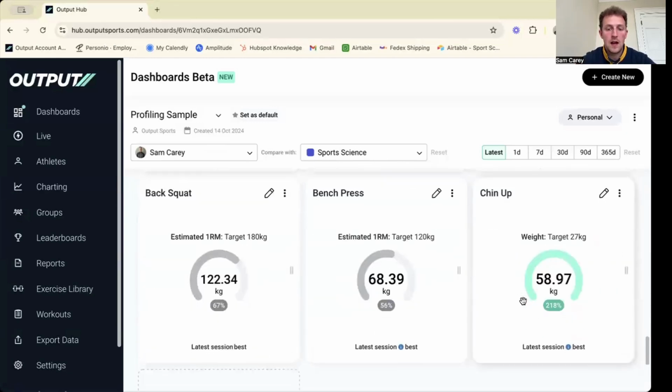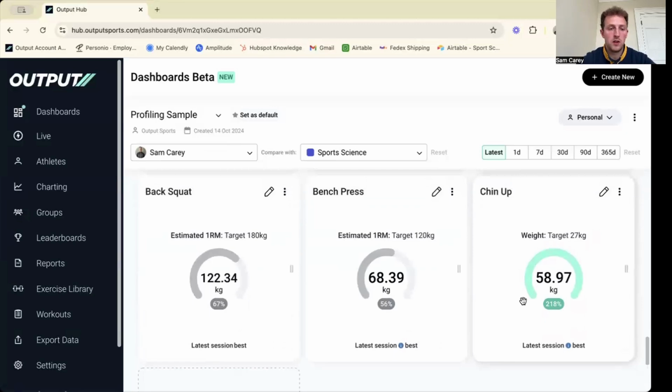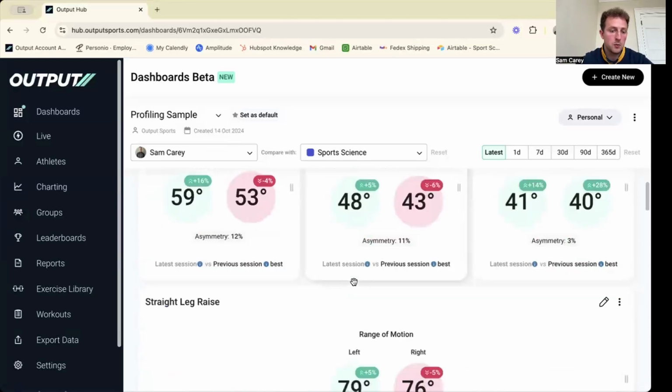battery. And then in terms of strength as well, we've got a classic lower body and upper body push pull as well. So in terms of our target, are we hitting 2 times body weight? Are we hitting 1.5 times body weight? Whatever those kind of standards are for you, you set them for the athlete, and let's see how close to them they actually are. And then all of a sudden, I can actually look back on this dashboard and see,